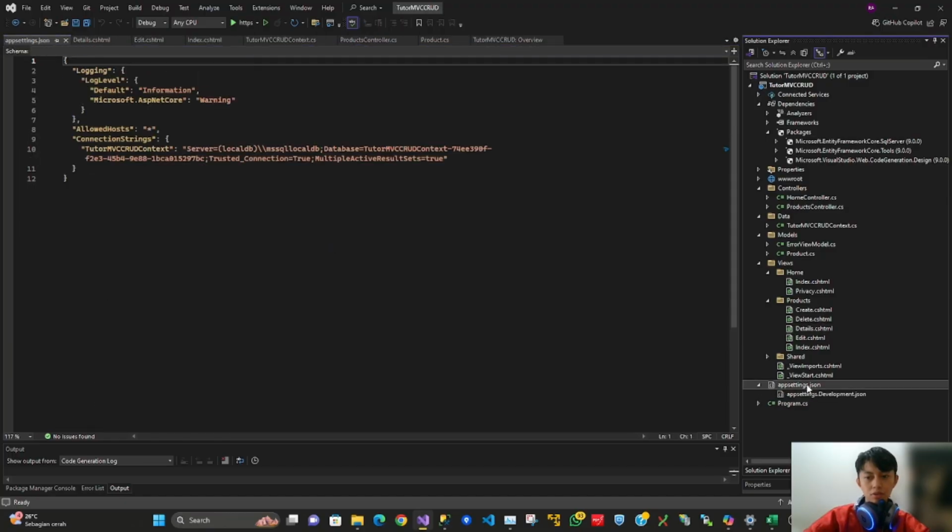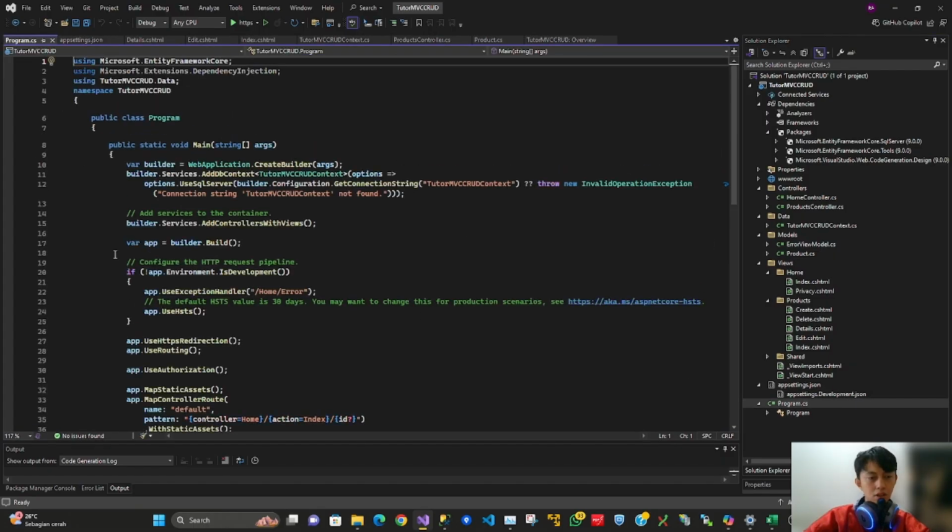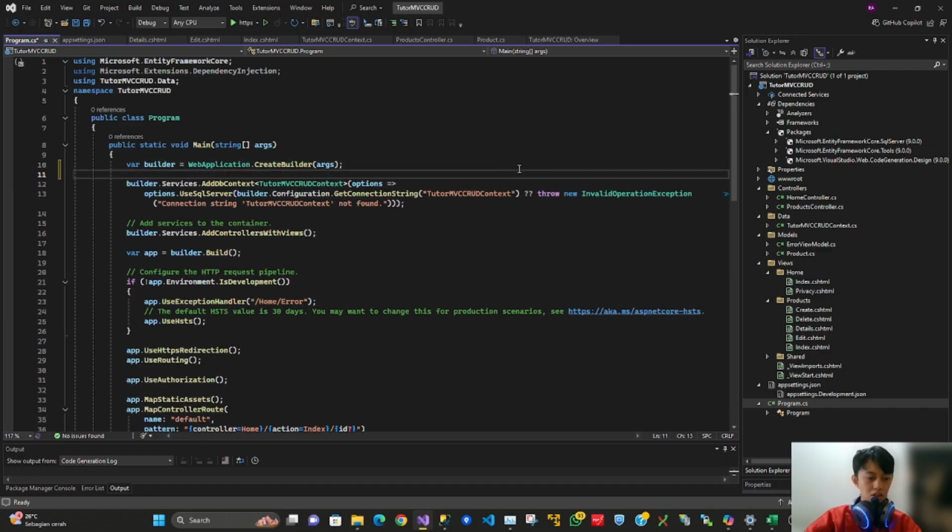Fifth, the connection string is generated automatically for our local database. We have to install SQL Server first, before we create the project. And for the last, the dependency injection for Entity Framework, or the database integration, is automatically created by the scaffolding feature here.